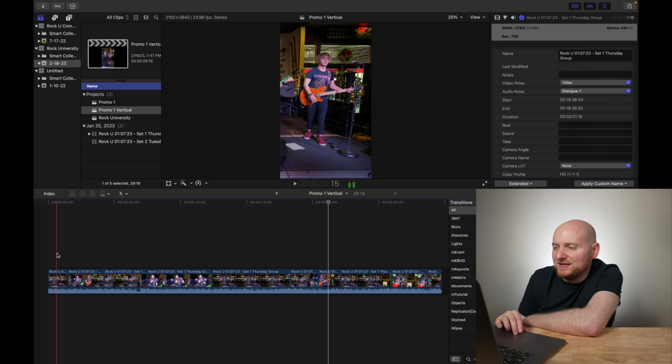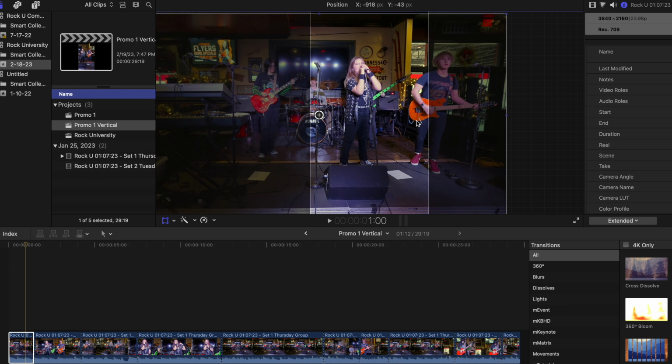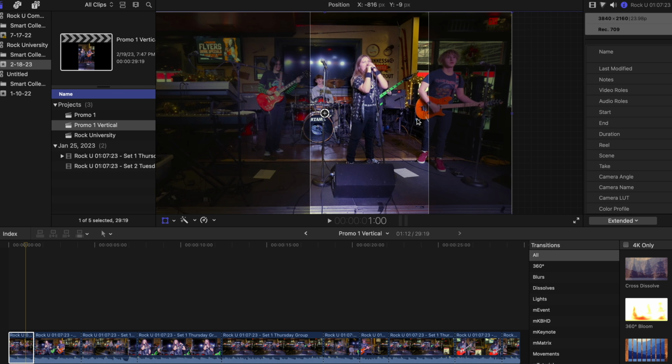And you are going to likely encounter a case or two where you'll want to reposition things, so just to show what that might be like. In this case, I can pretty much just go to any clip I want, and there's a number of ways I could ultimately reposition this. Of course, I could use something like the Transform tool and just basically slide the clip across to wherever I need it to be. So say I want to maybe frame in the lead singer here with the drummer in